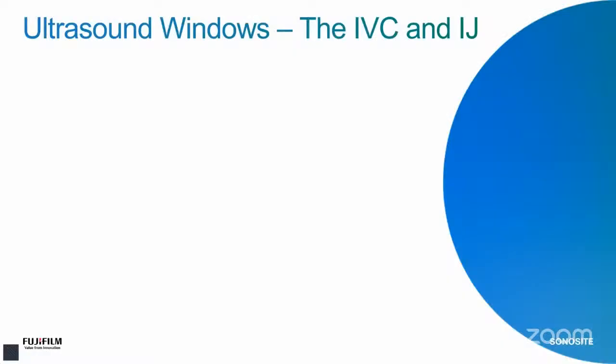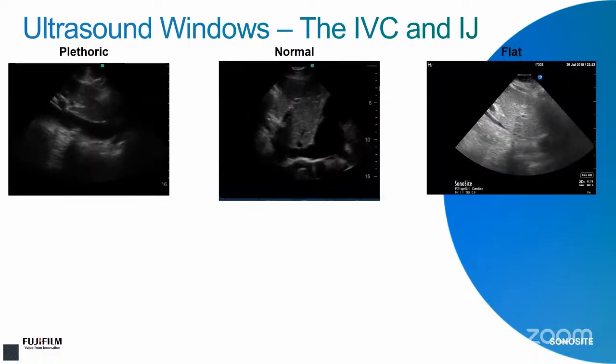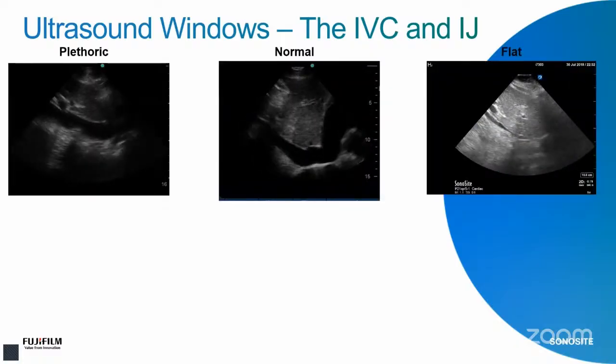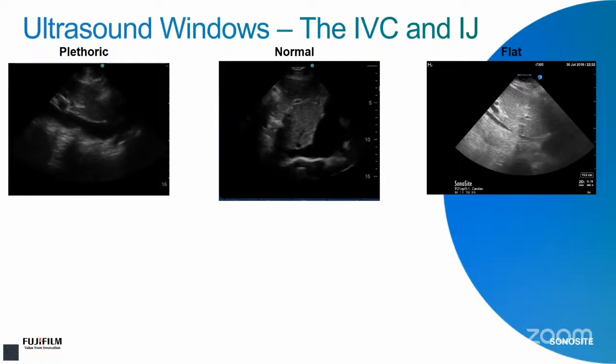So when we think about the IVC and the internal jugular vein, we get to see patterns of these that correspond if you have an IVC that's not achievable. And many times in our critically ill patients, we can't see the IVC because of ileus or bowel gas or surgeries. So if we think about plethoric IVCs, as you can see here, large, unchanging, normal IVCs or flat IVCs,